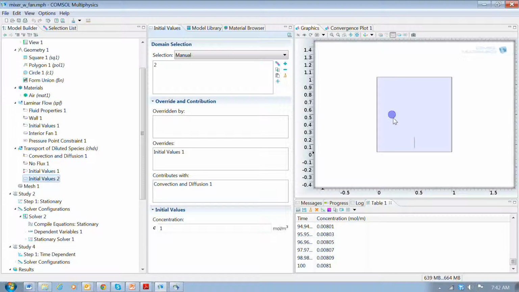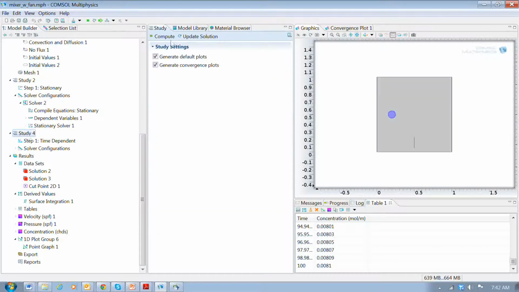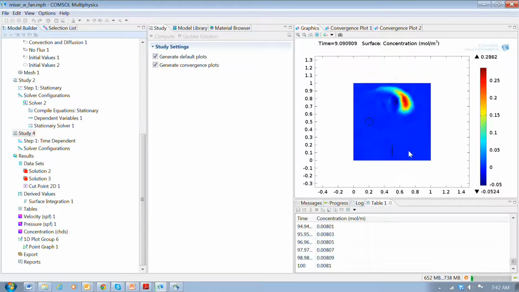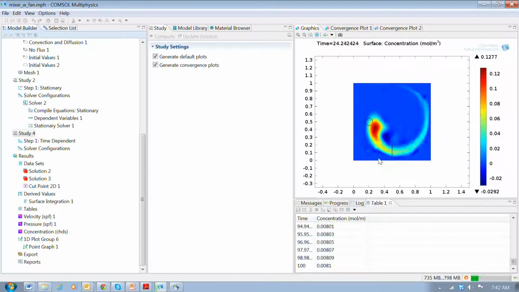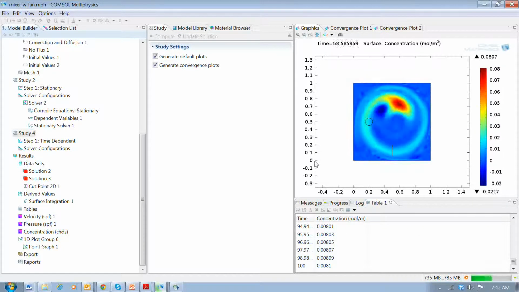So we have just a little blob of material, and we want to circulate it around and mix it up. And so we can do that with this fan as a mixer. There it goes. It spins around and circulates and spreads out